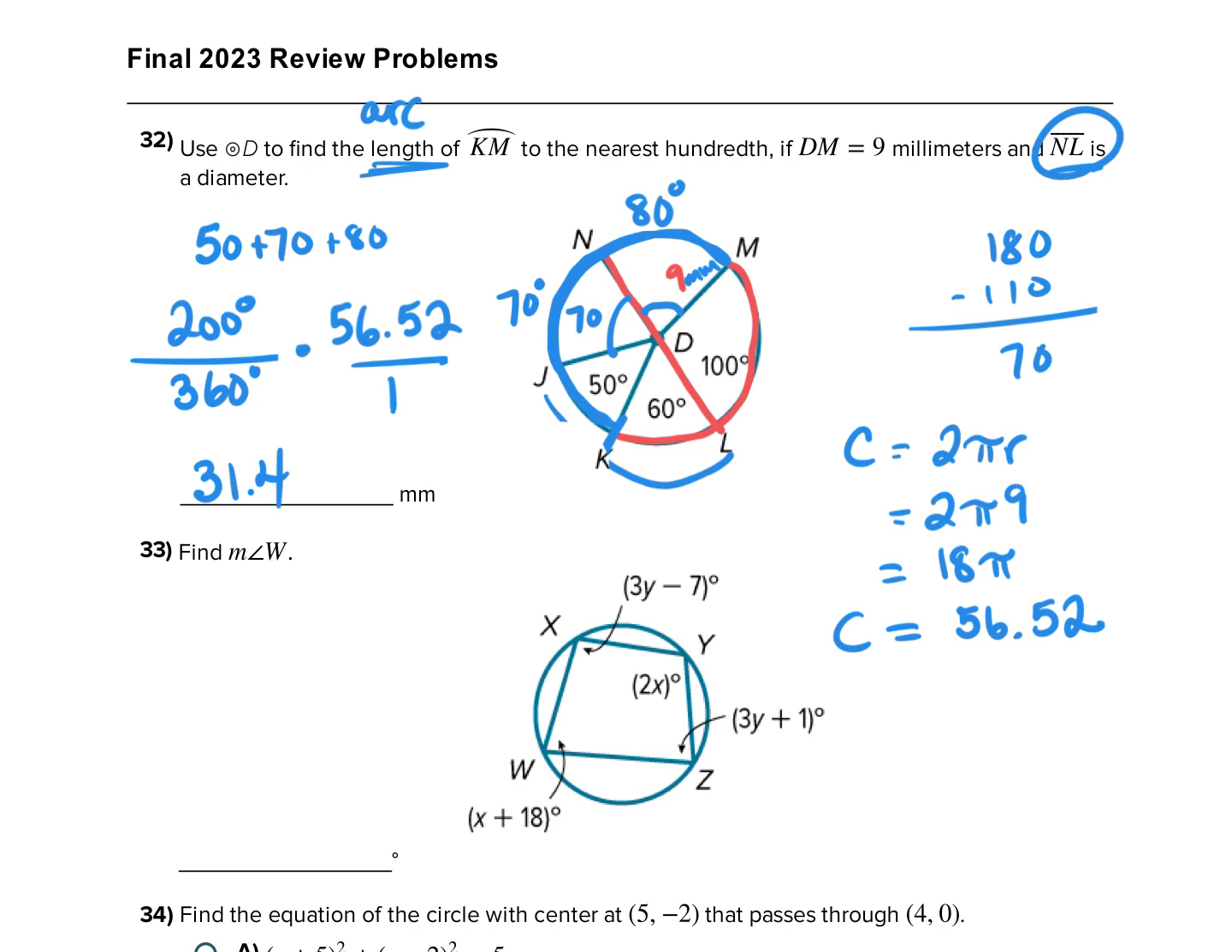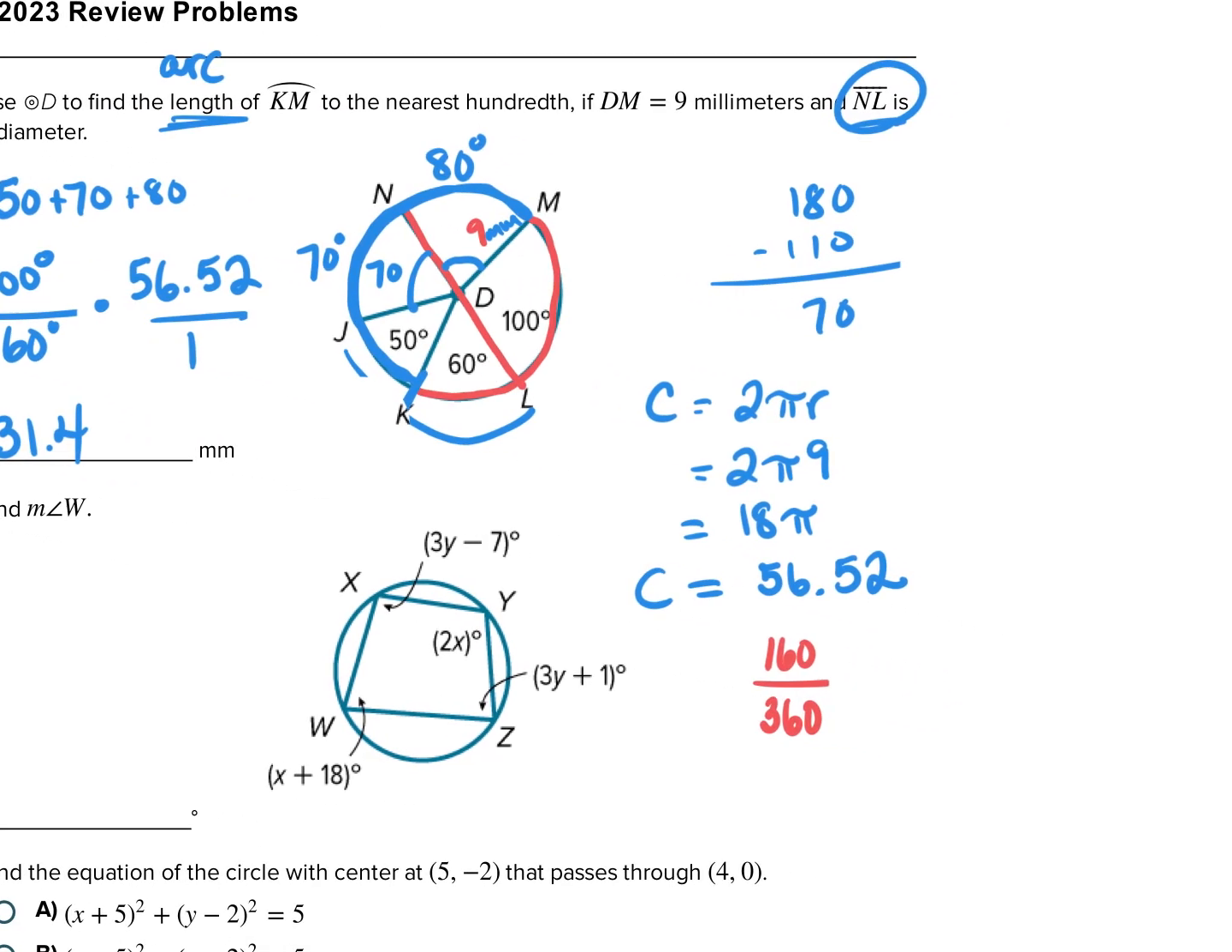So Km, my red arc, is 60 plus 100. So that's 160 over 360. But what is nice is that the circumference is still the same. Total circumference is still the same. So I'm still going to multiply